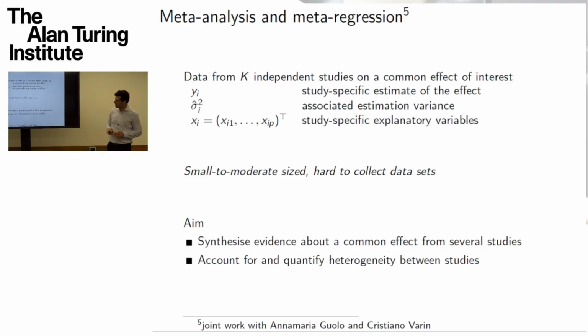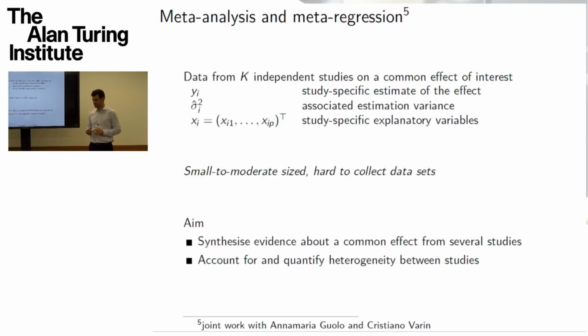And the aim is to synthesize the evidence about the common effect of interest, taking into account the estimation variances recorded, and also to account for and quantify heterogeneity across studies. So all these studies are independent, and they might lead to slightly different results, so you somehow have to pull them together. Now, this is a quite